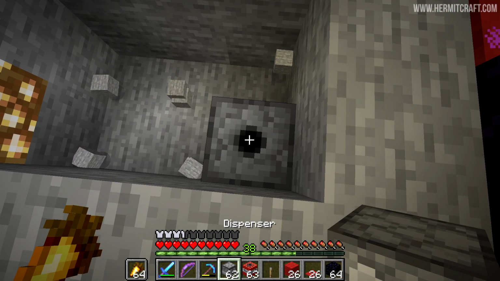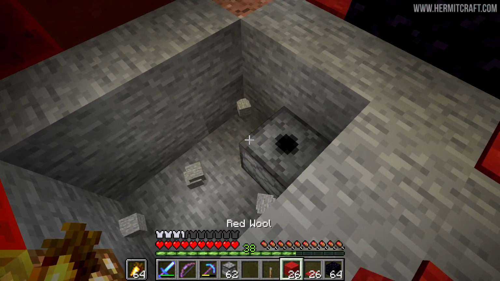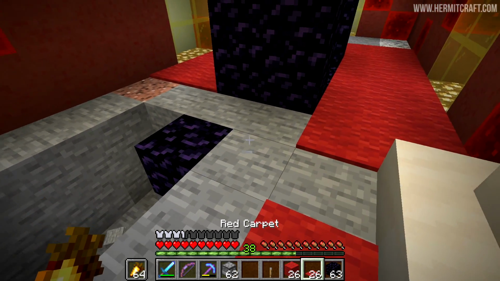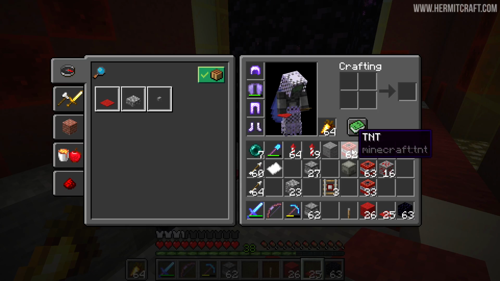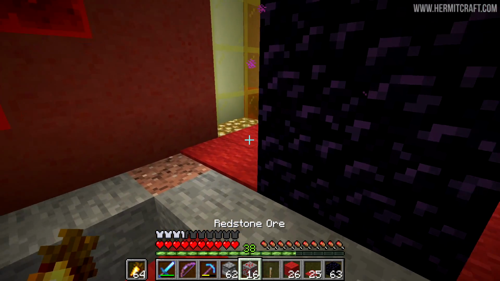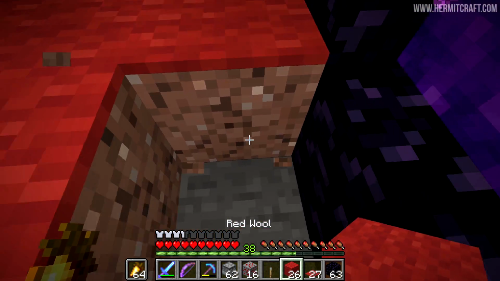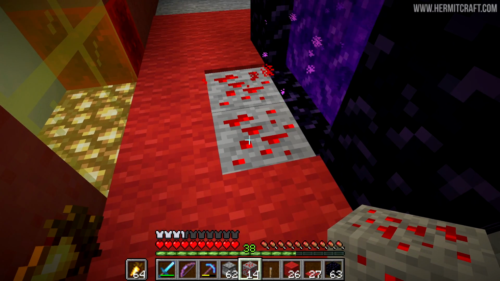We're using TNT, but it's not going to be destructive in the normal sense. Let's throw that down there. We're going to be dispensing the TNT into obsidian, which we can very easily hide underneath a carpet like this. What we can also hide underneath carpet is redstone ore, and obviously the place we're going to do that is right here. So when the player walks over the redstone ore, we can then detect it with an observer block,